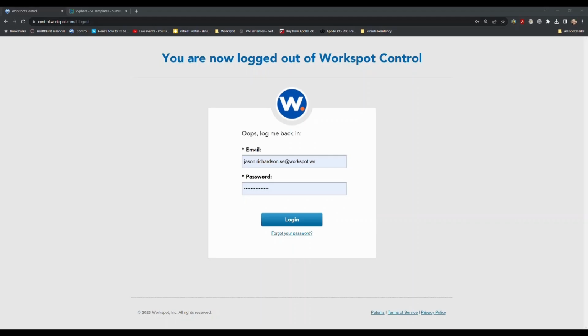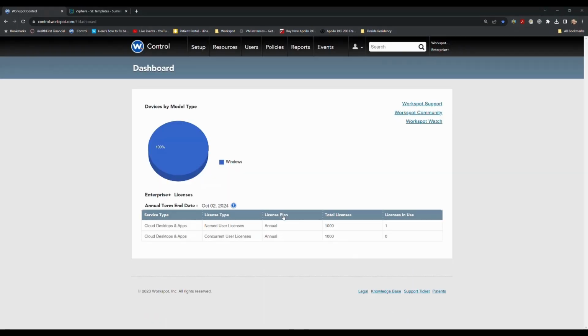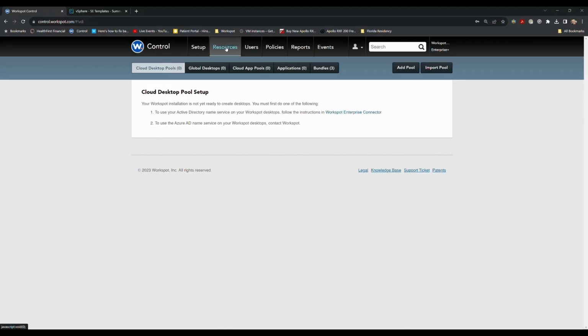This tutorial demonstrates the steps to set up a cloud desktop pool using Workspot control for your vSphere private cloud. Start by logging into Workspot control with your account. Navigate to the top of the page, click on Resources, and then select Add Pool on the Cloud Desktop Pool